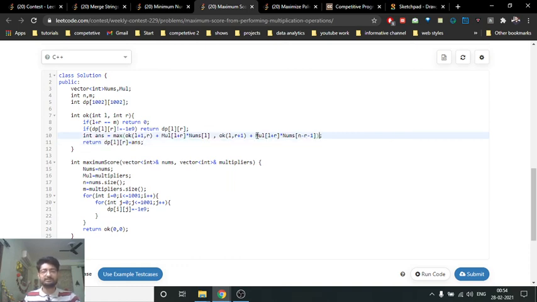So I multiply this value with the last character index value, or if I've taken the first character, I multiply it with that. Then I return the answer, but store it in the DP table before returning, so that we can use this value again if we require.